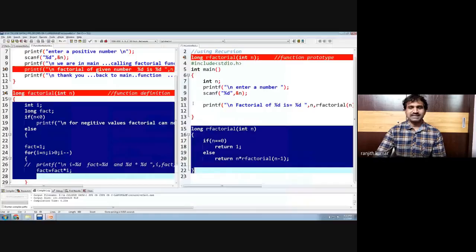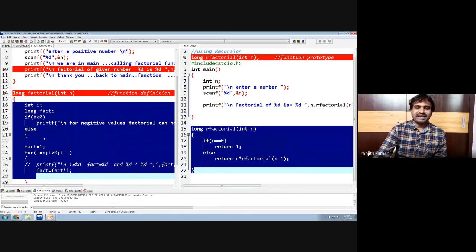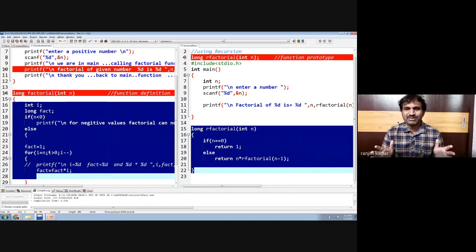So let us see the logic of recursion, which is nothing but a program which is easy to write compared to the iterative logic. Of course, there are some advantages and disadvantages of iteration compared to recursion, but from the programmer's point of view, it is easy to write a program for a complex problem.